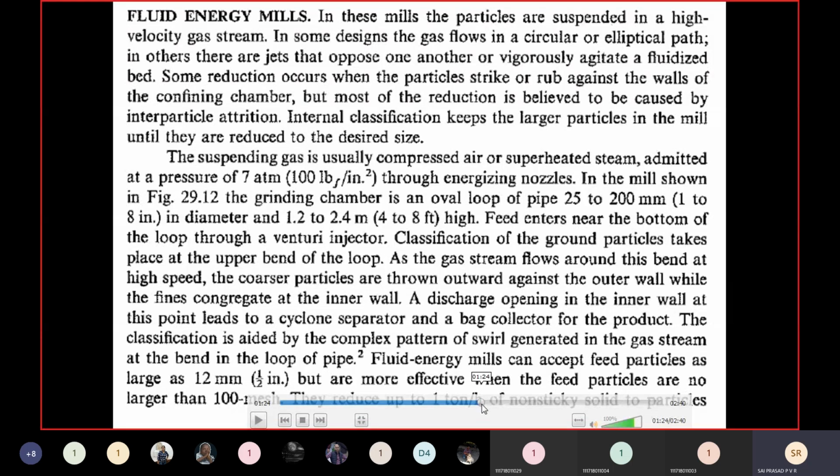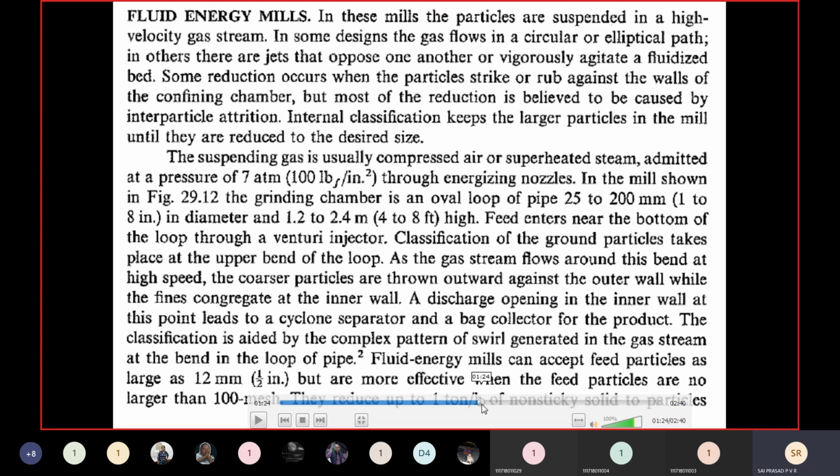But here, no problem. If the size of the particle is less, its mass will be less, its centrifugal force will be less, so it will be acting on the other side of the confining chamber. Heavier particles will be in the confining chamber zone only. So if an attempt is made to take out the stream away from the confining chamber, or near to the center, we will be getting materials whose sizes are small.